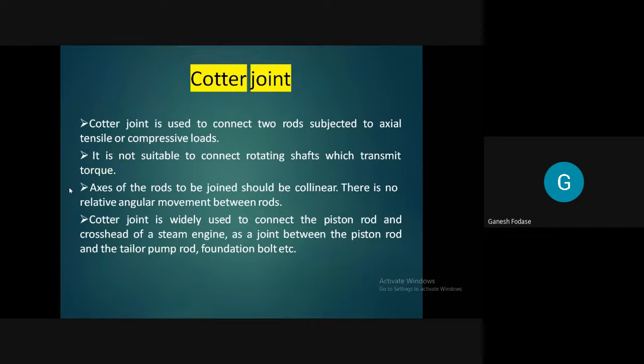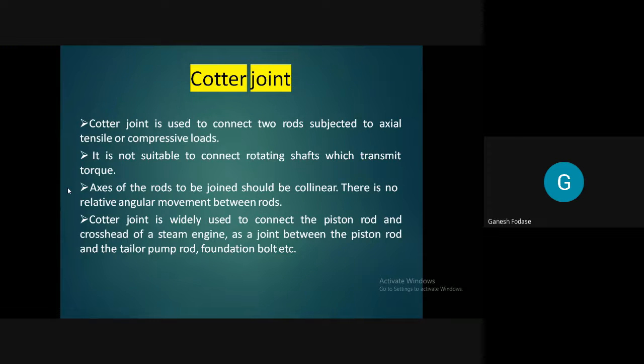Now, when I talk about quarter joint, when you talk about design of any machine element, this is our actual topic now. We have started now. When I talk about quarter joint design, you must know what a quarter joint is. Whenever you are going to design any machine element, you must know in detail about the component. Let's say we are going to design a pen, so you must know what the function of that pen is, where it is going to work. The detailed dimensions of the pen must be known to you. So you must know in detail about quarter joint.